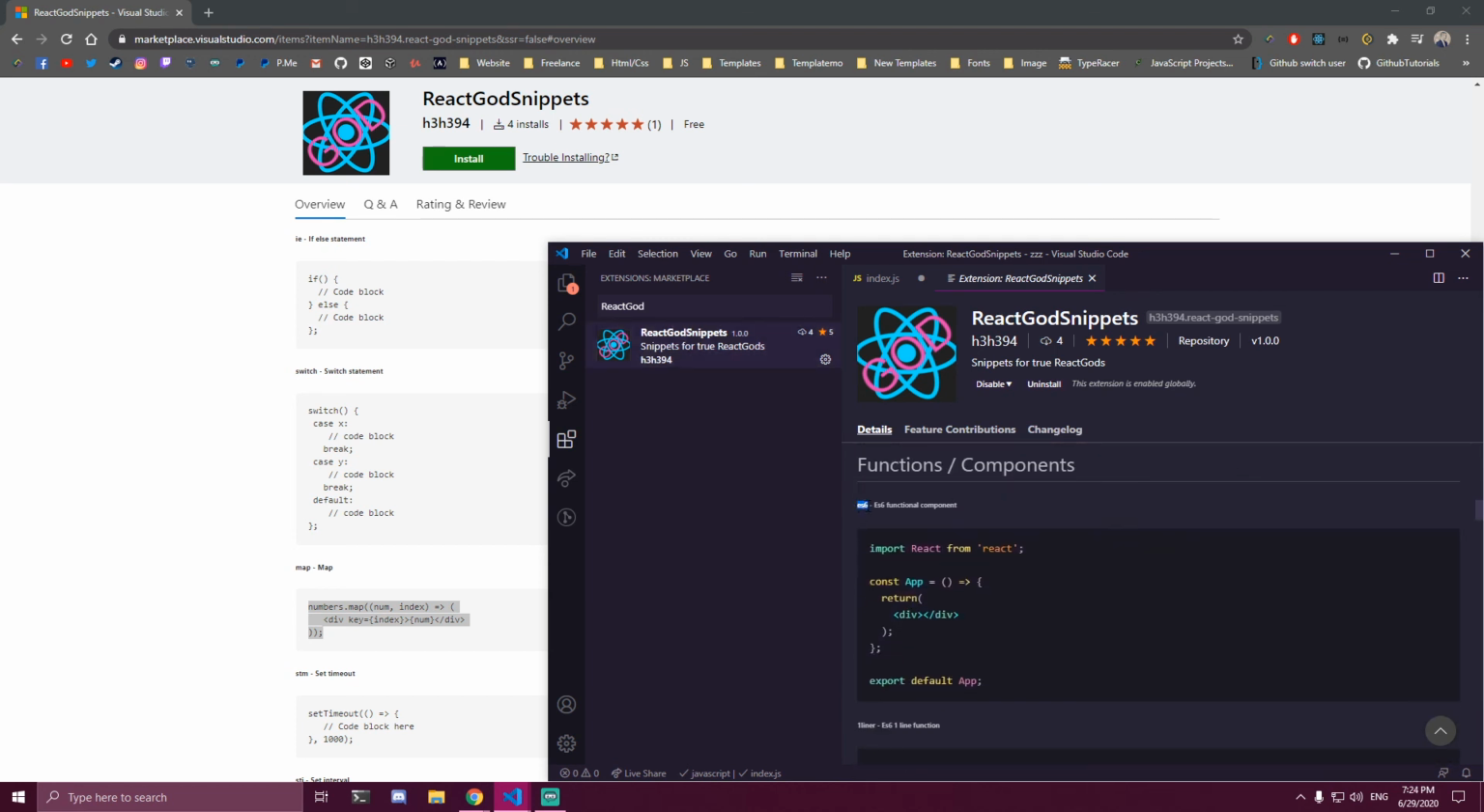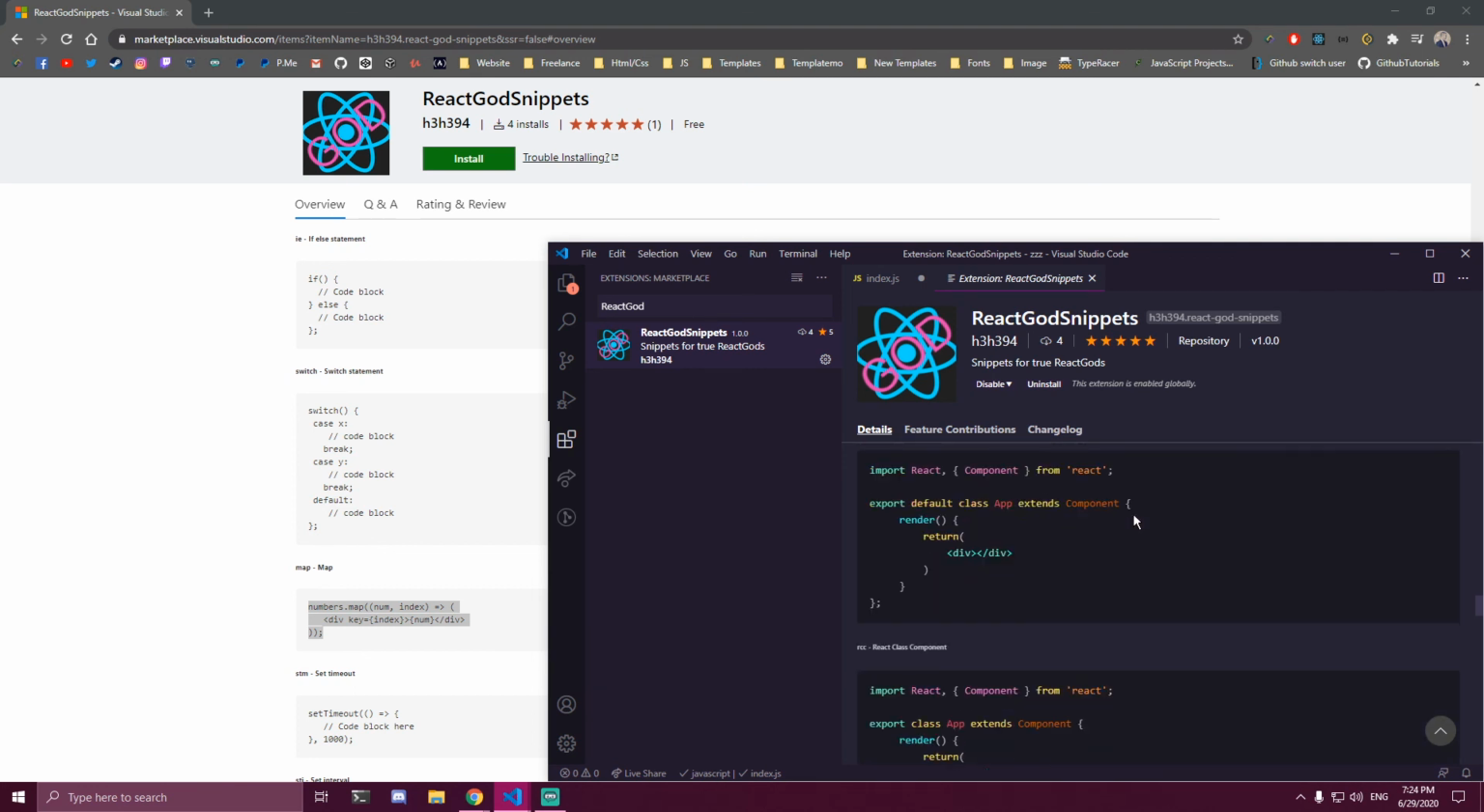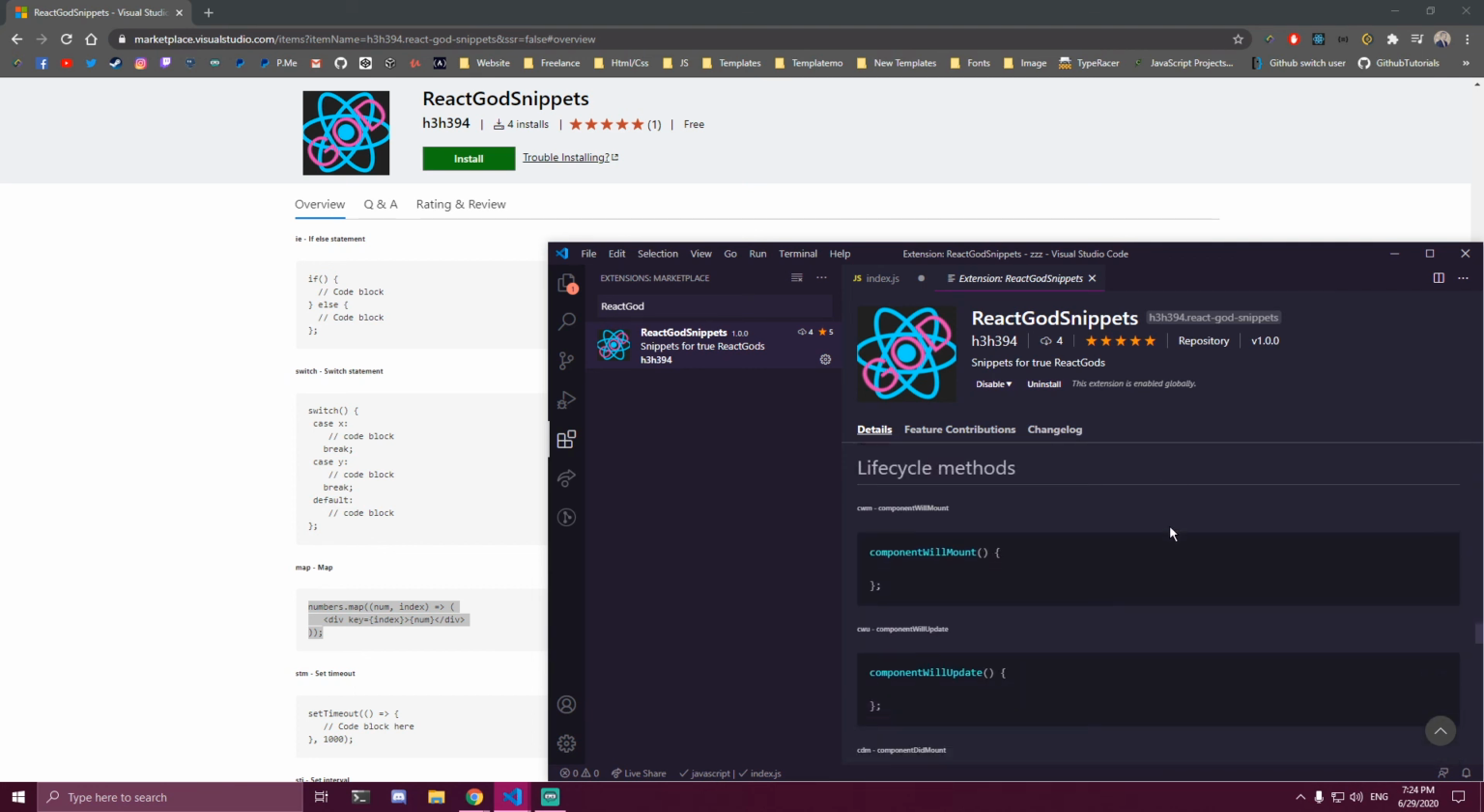You're gonna see the prefix here, what the function does, and then the output which you're gonna get when you type this ES6. And I covered everything here, but if you guys have any more